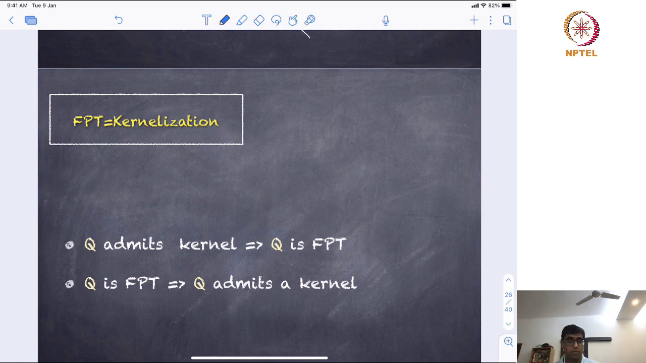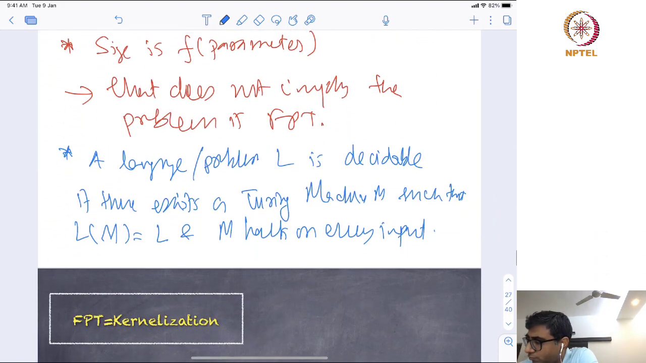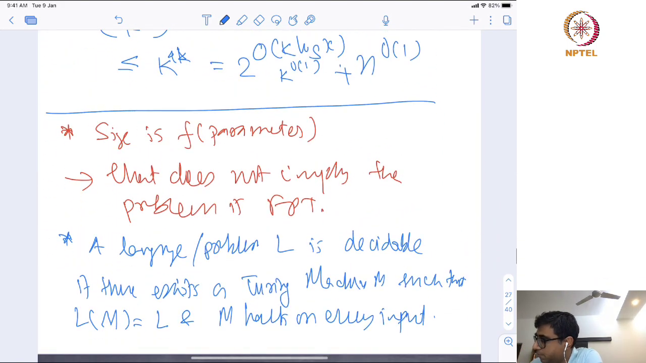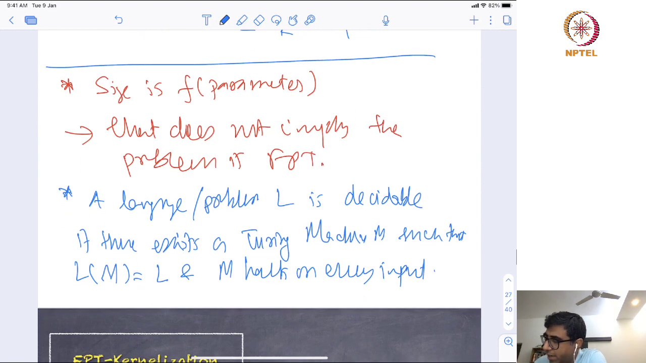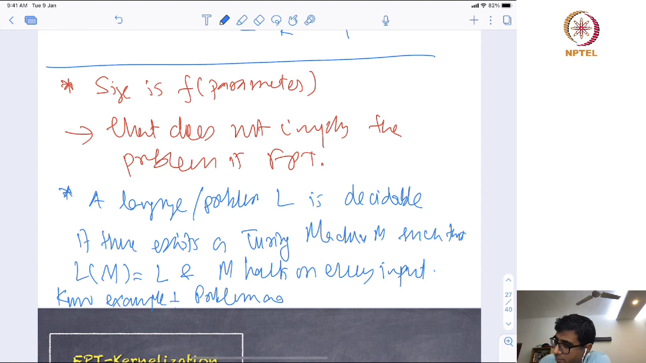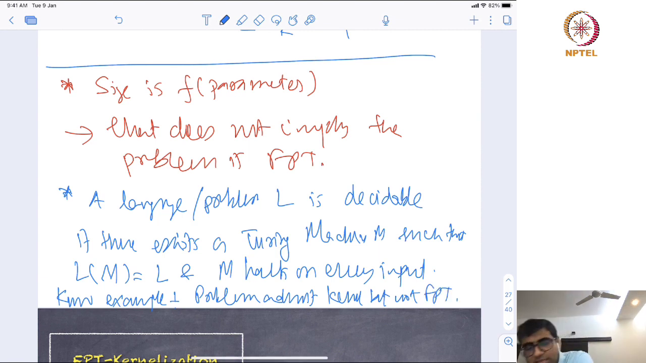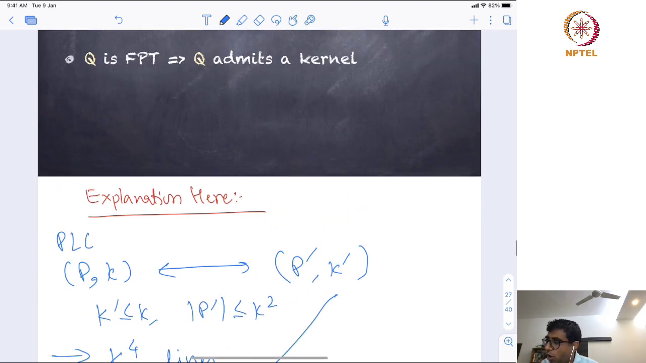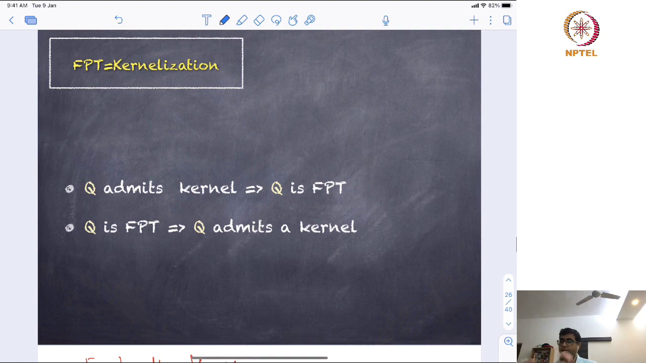Okay? But there are problems which are not decidable. I will not go into any detail here, but if you would like to know an example of a problem that admits a kernel but no algorithm, and is not FPT, ask me by sending an email or some such thing. Let's not confuse the readers with this, but all I want to tell you is that do remember that if a